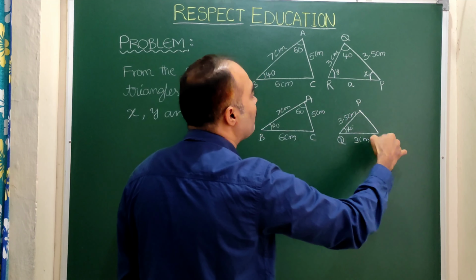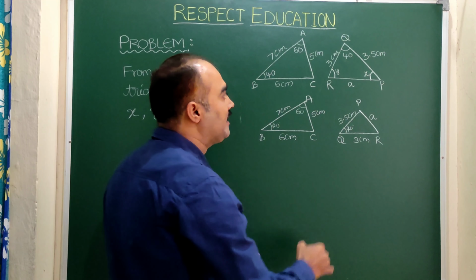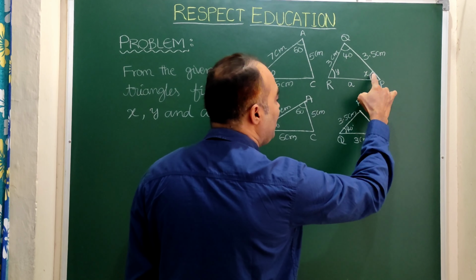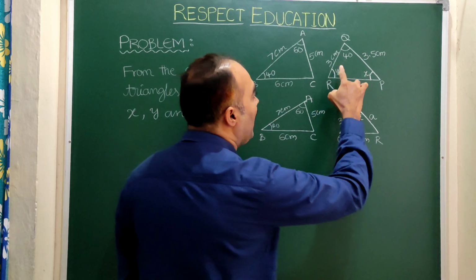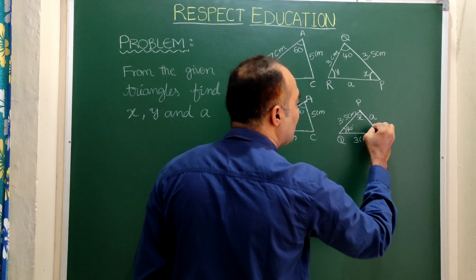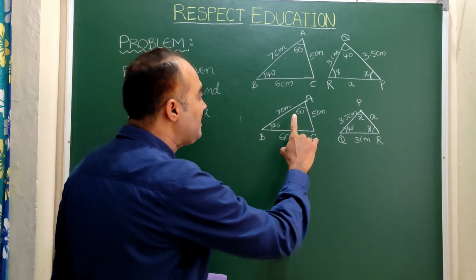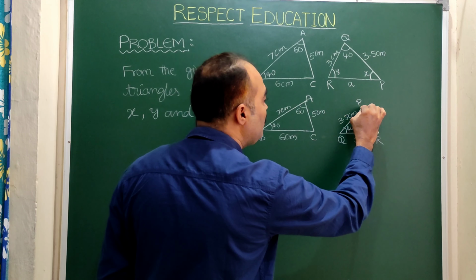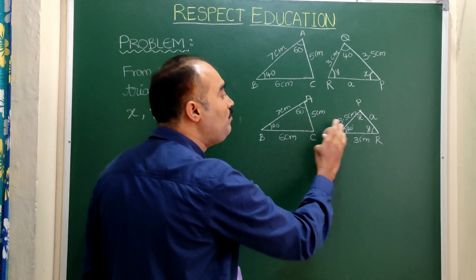In triangle PQR, sides QR and PR, here PR is a, so I am writing this as small a. And angles, angle P is x, so here this is x. Angle Q is 40. Angle R is y, so here angle R is y. Now these two look similar, and we should write on what basis they are similar,